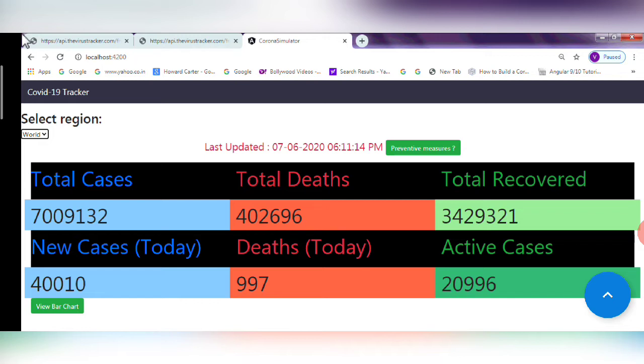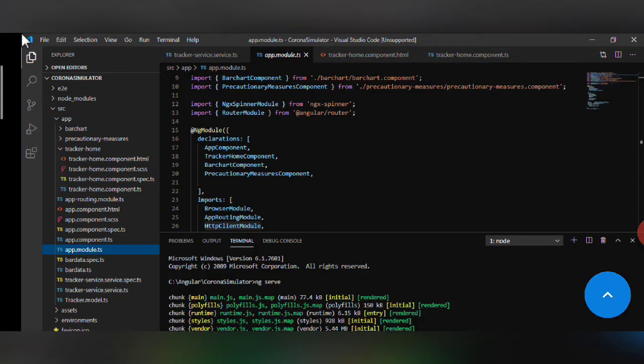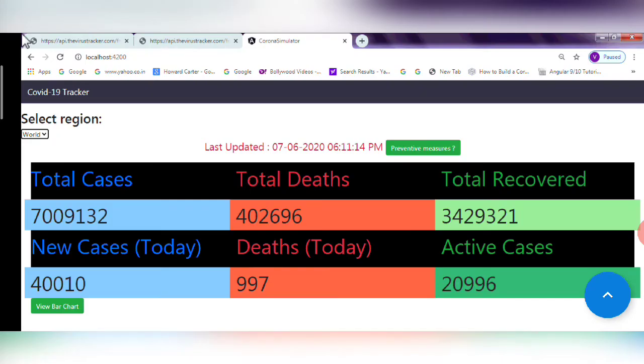Now we will see how we can call the API from our Angular. First of all we will start with this home page, which I named the tracker home component. So this is now one component. I will show you how data can flow from one component to another. In this application there will be a total of 3 or 4 components right now. This is one, that is the present tracker home component.